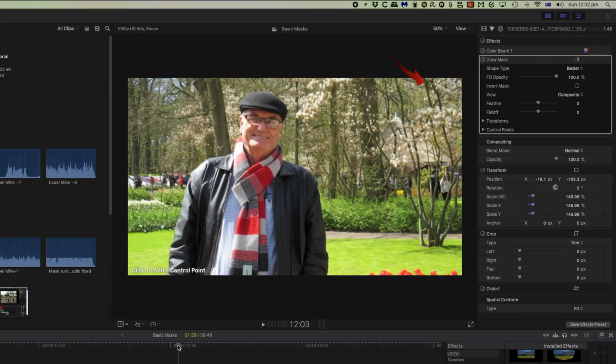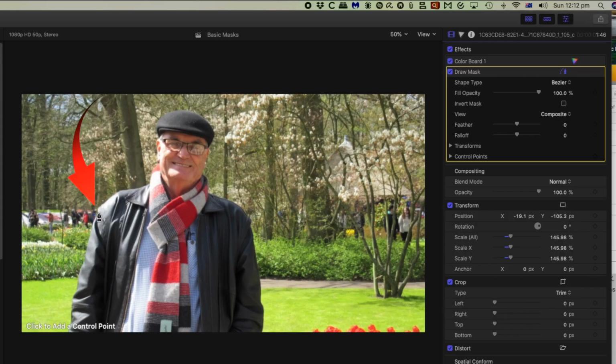Once the mask is on the clip, you can then look in the inspector and see the control points for that mask. Also within your viewer window, you can add a control point at any time. So I'm going to start on the edge here, and one click will get a little red dot to show the control point, and another one to the top of the shoulder here, and then another one over here. Now you can see that the line is curving as I drag these curvatures out. So clicking another one here will create another control point, and we can come back later and tidy these up. Then as we go around the object,